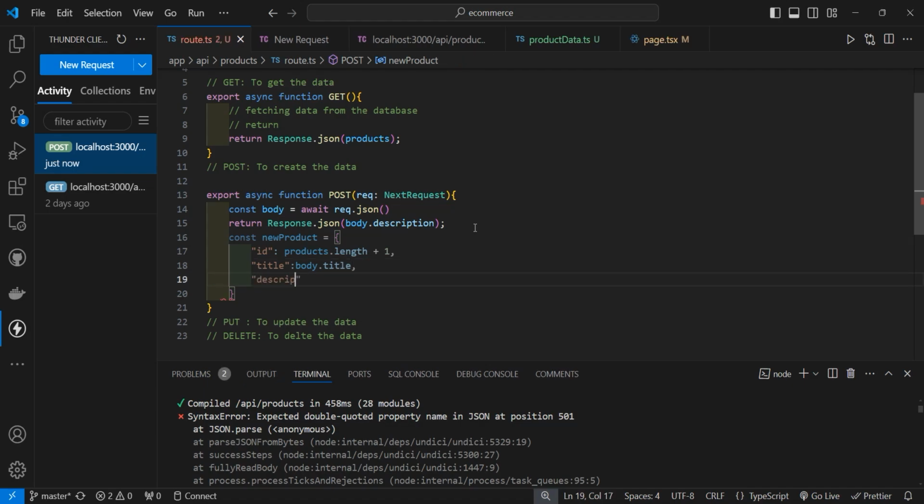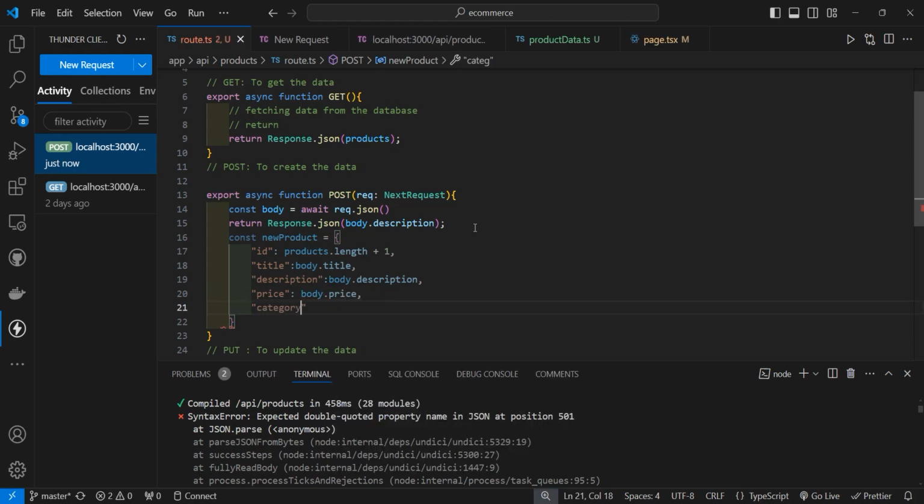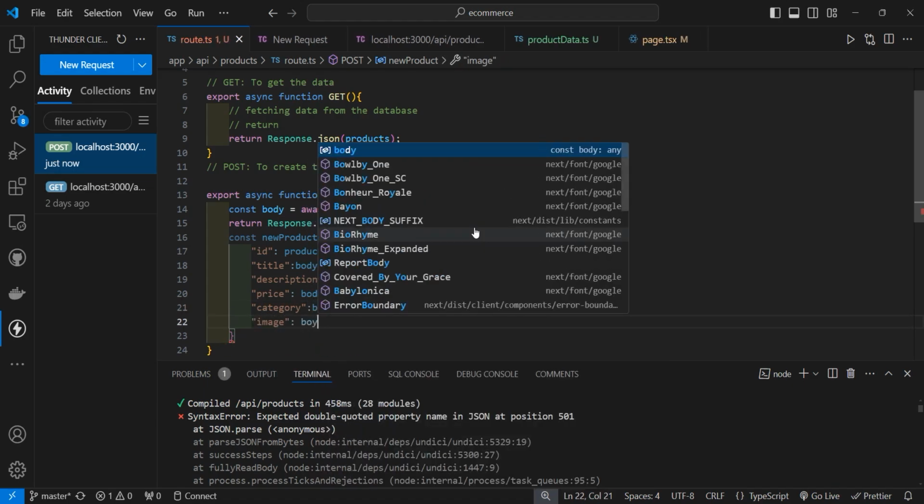Similarly, description of the product which is equal to body.description. Then price of the product equal to body.price, and category of the product which is equal to body.category. And lastly, image of the product which is equal to